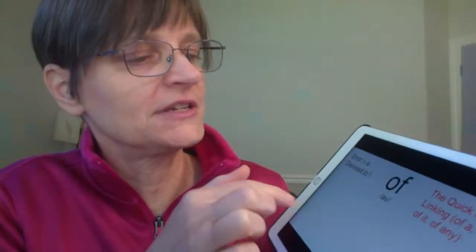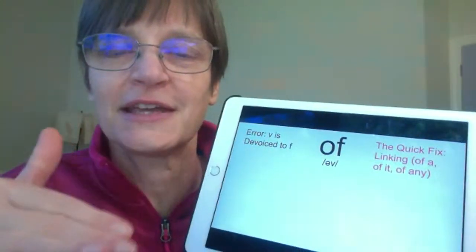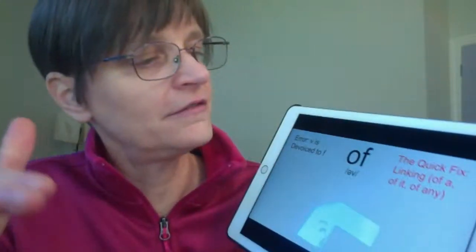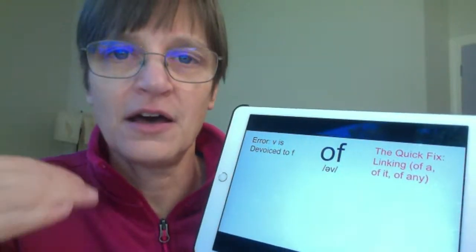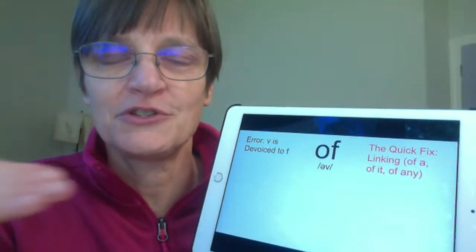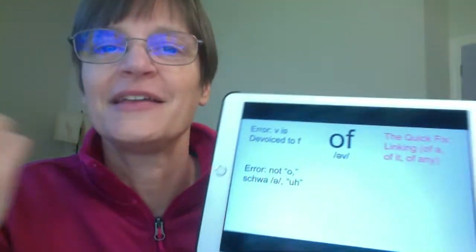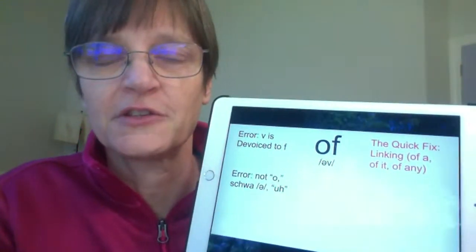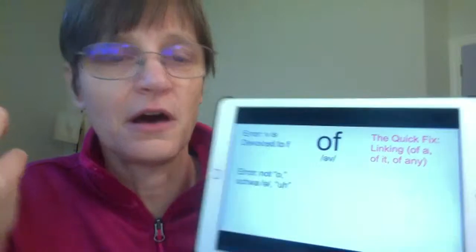So the quick fix is, again, to use linking. It's easier to say of it, of any, of a, leave my voice on and make that V sound between those two words. The other error is that there's not an O sound in this word. It sounds like the vowel schwa, the uh sound. And to correct that,